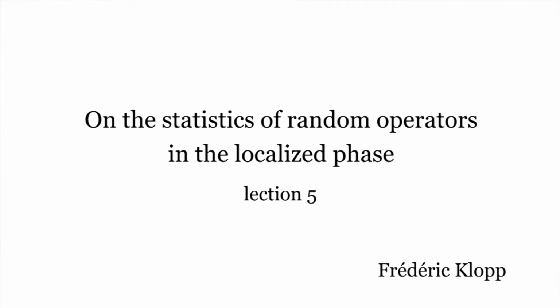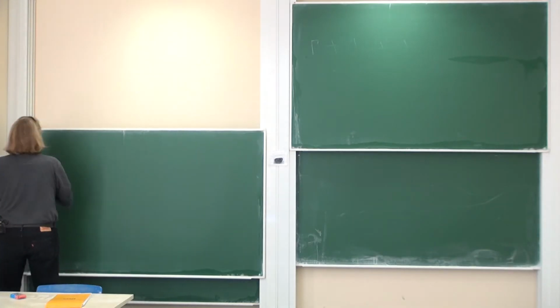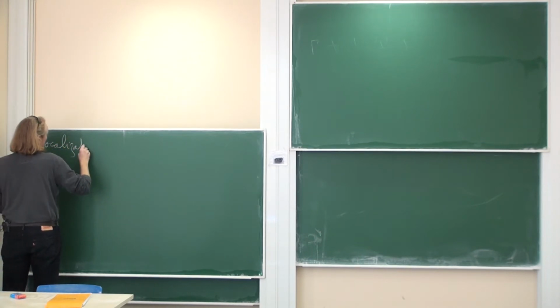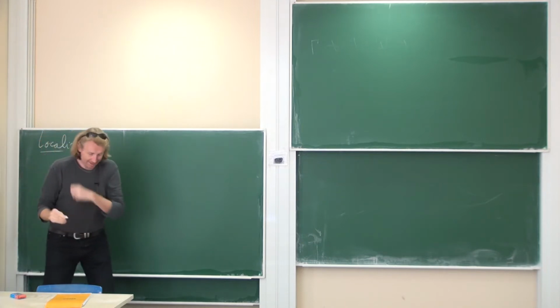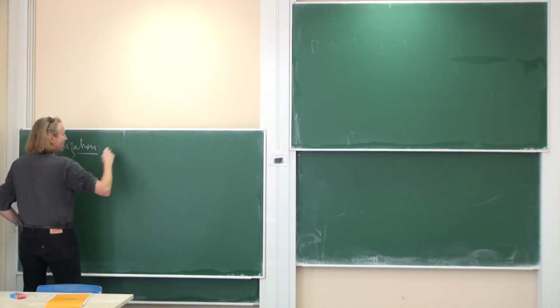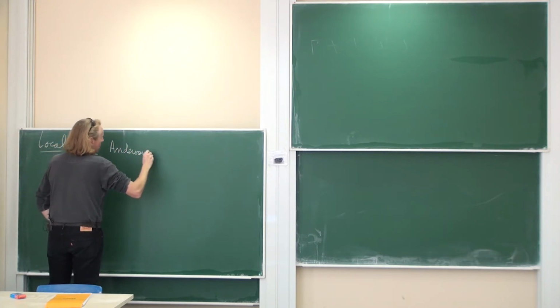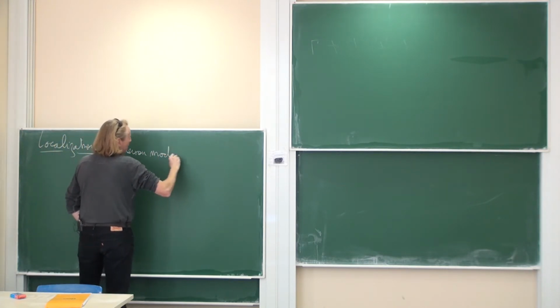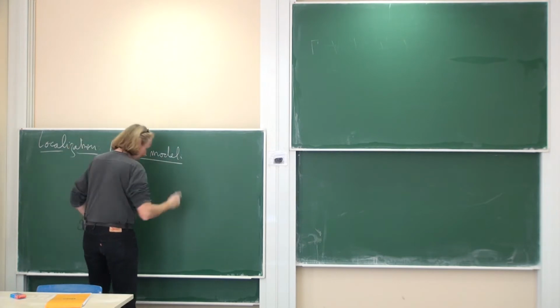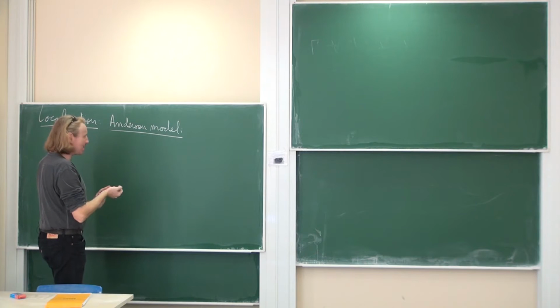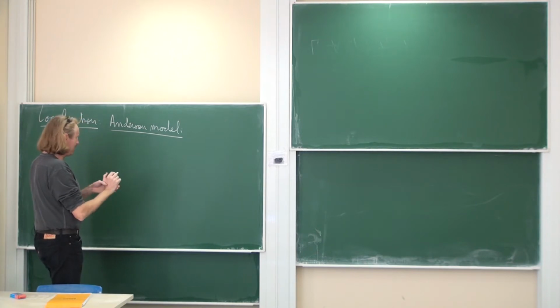Let's now, so today the topic of the lecture is going to be localization. And actually localization is interesting. So this was first discovered for the Anderson model. So I'll discuss mainly the Anderson model, and I'll give some results for other models at the end of the lecture. I hope today's, if not, we'll do it